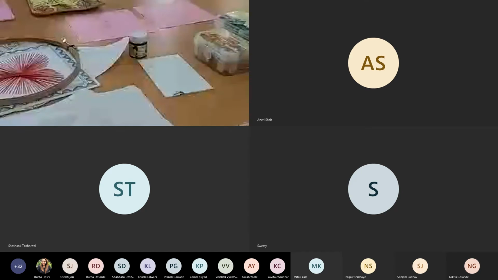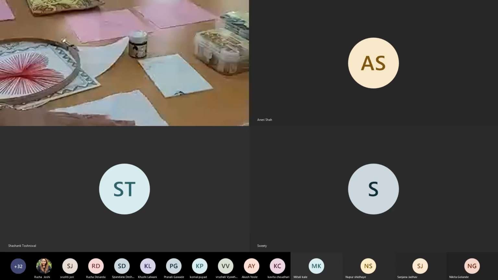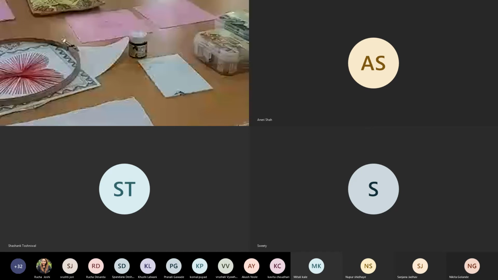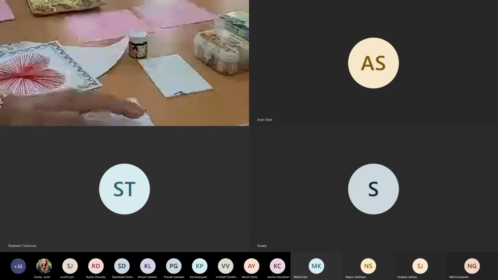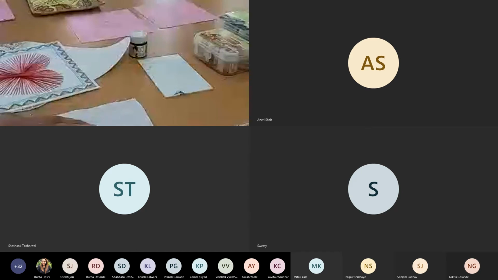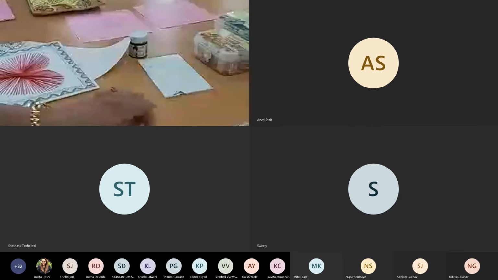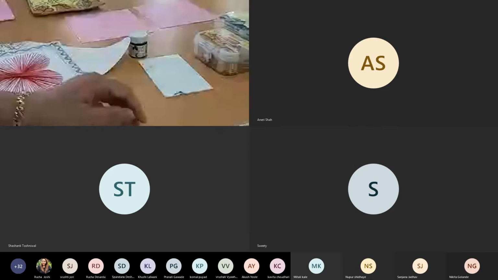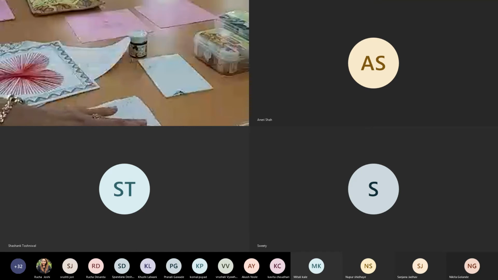So here I have a white fabric on which I have got my motifs ready. I'm using a frame over here. Ideally, it is not advisable, but I'm using it to get the fineness and the clarity, because doing it directly on the fabric,